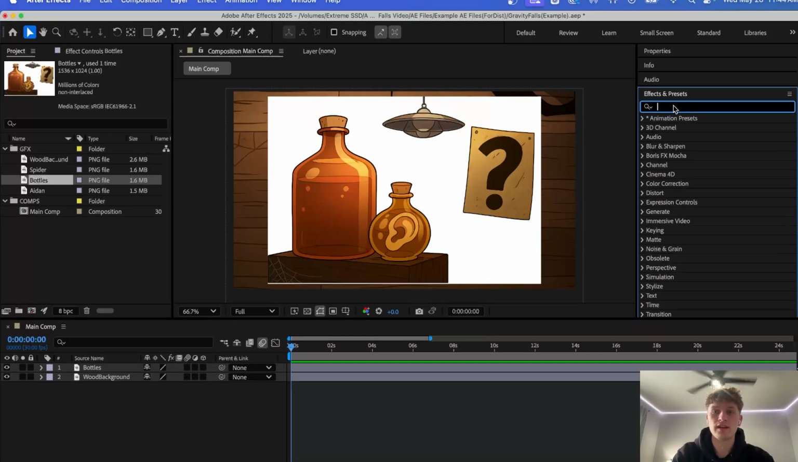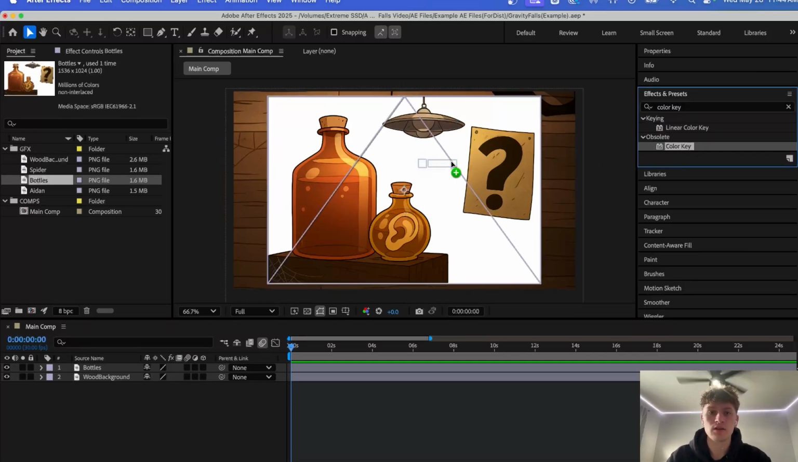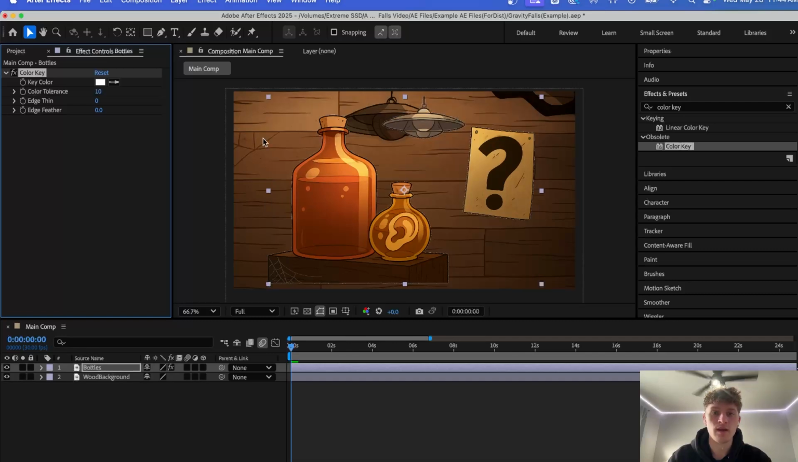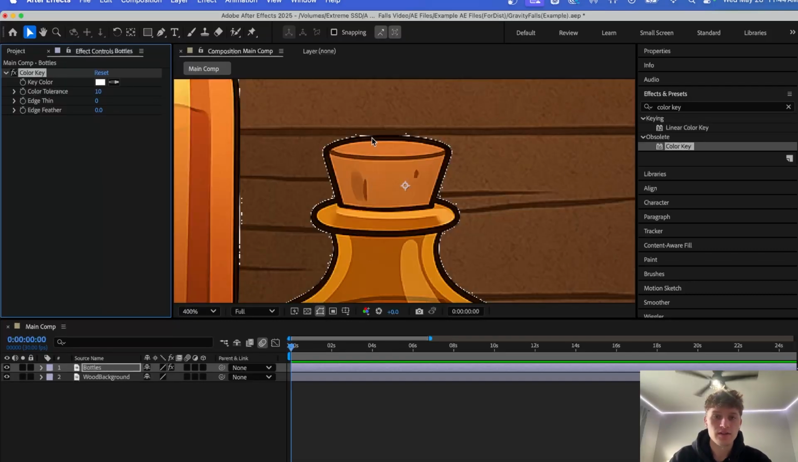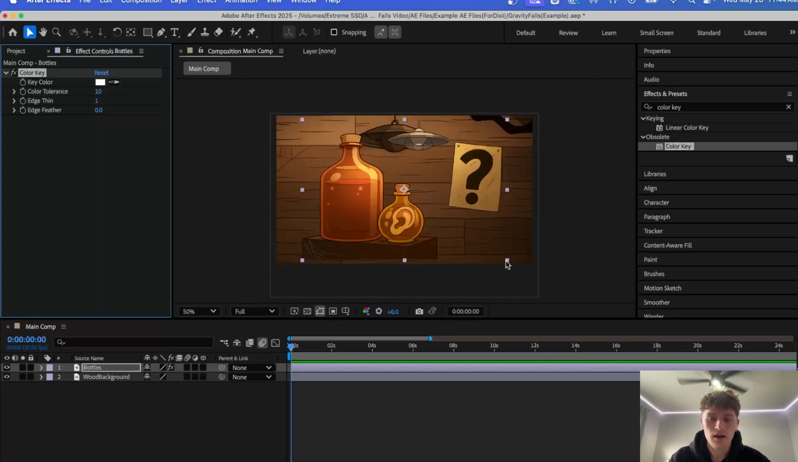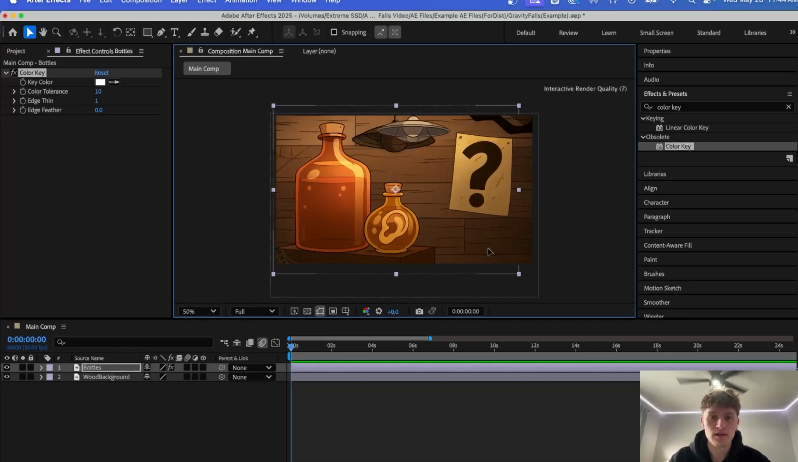We'll just go into effects and presets, type in color key, drag the color key onto that PNG. Let's select the color that we want, which is white, and then we're going to just drag to remove that background. And as you can see, there's still some grain around that. We can just utilize the edge thin tool to get rid of all of the white in the scene. All right, let's scale that up now to make it fit